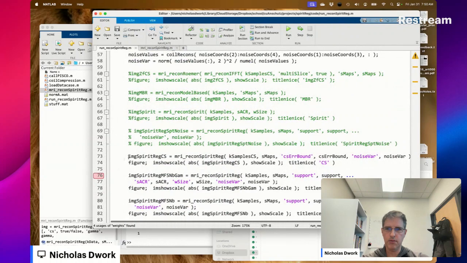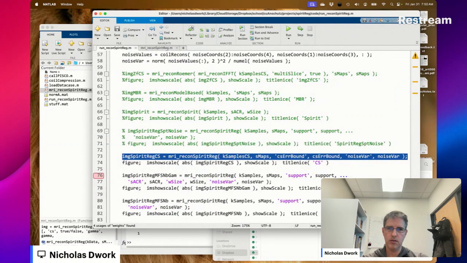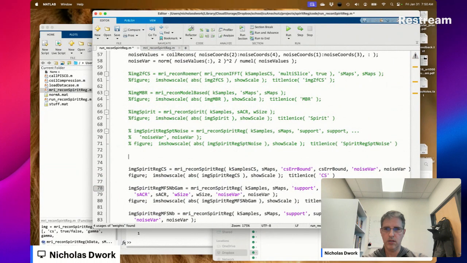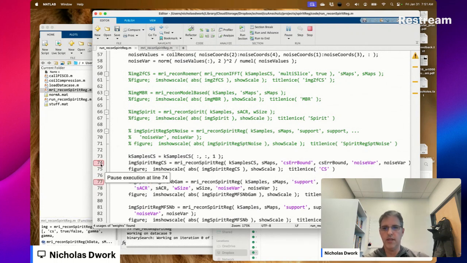So does this work now with one coil? Let's find out. The answer is no. It's clearly going to be broken, but let's find out why.